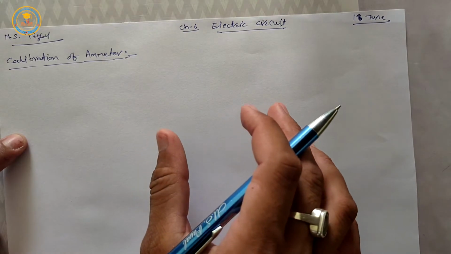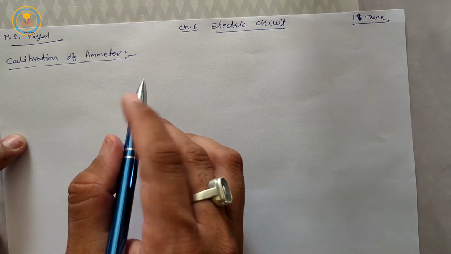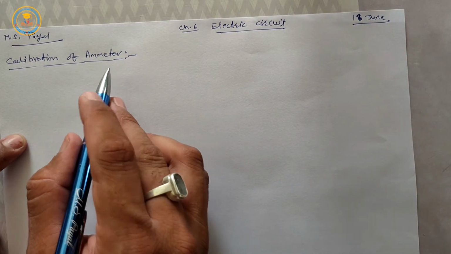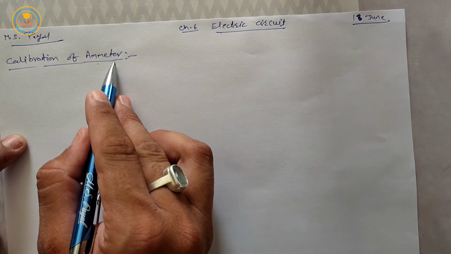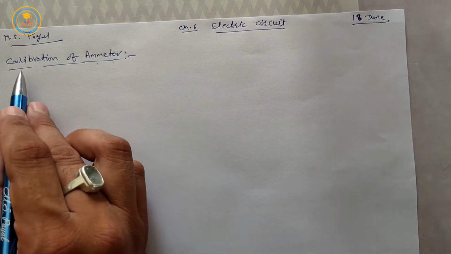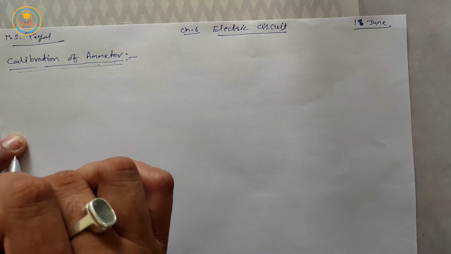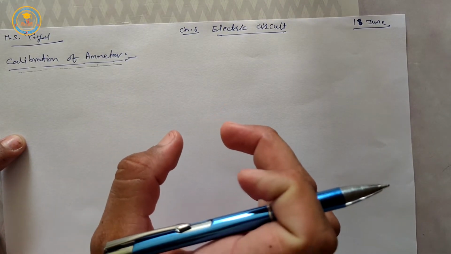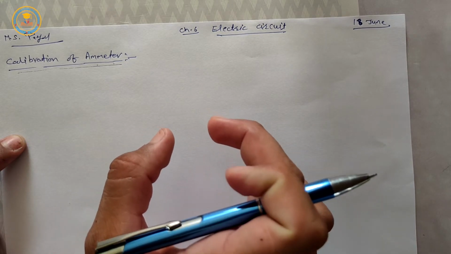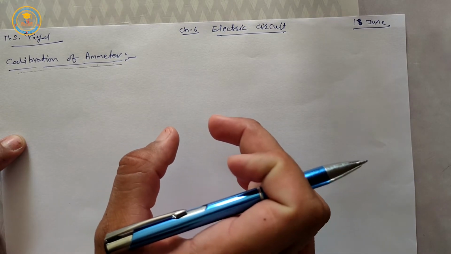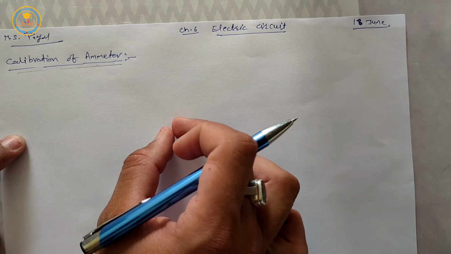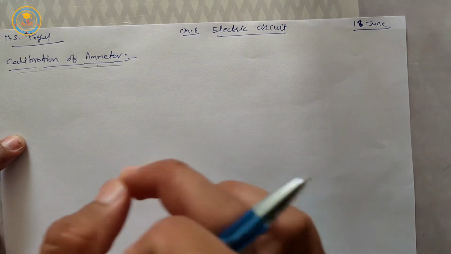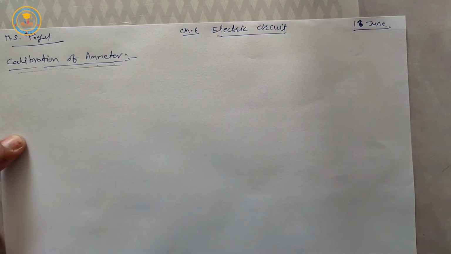Checking the errors of observation of an electric current by an ammeter with the help of a potentiometer is known as calibration of ammeter. So what is calibration of ammeter? Checking of the errorful observation of an electric current by ammeter with the help of potentiometer is known as calibration